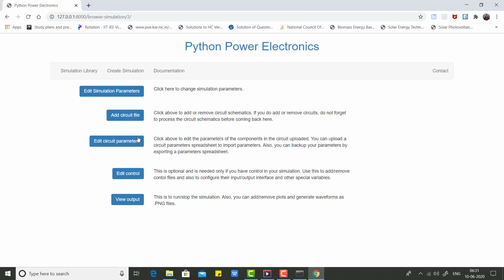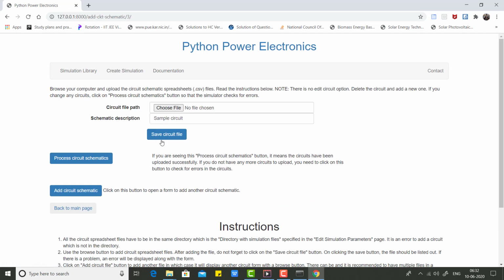page. So in main page, you will see 5 other things. Okay. So simulation parameters is what we have edited till now. Now it is time to add a circuit file. Now the whole point of Python Power Electronics is it's an open source software which does not need any GUI for simulations. So there is no graphical user interface. It makes it a bit faster and it gives an edge because whatever circuit schematics we draw or we enter are closest to what we draw or what electrical engineers can imagine.